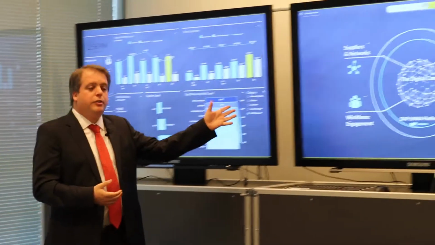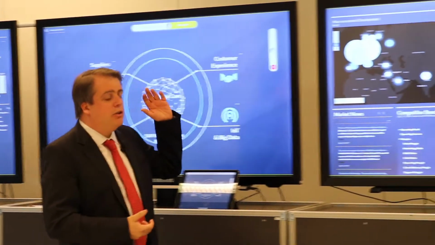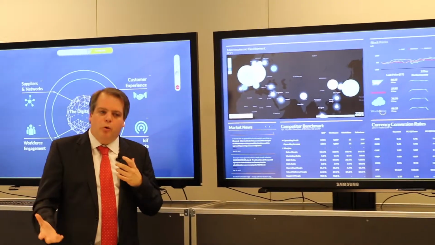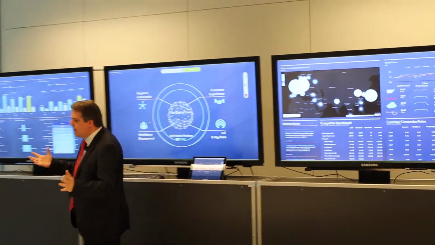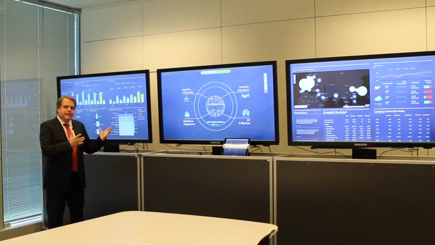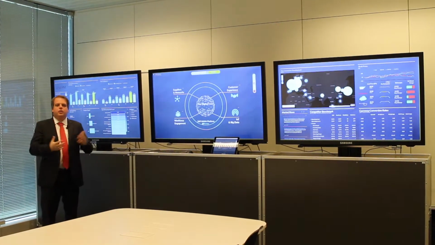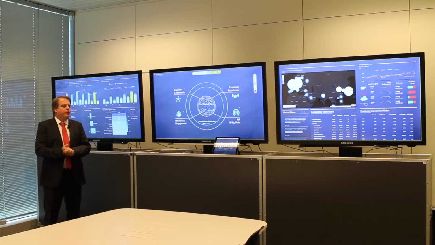It also gives us an exploration screen, and I will come back to that quite a lot during the demo. And it gives us a context screen where we can get more details. All of that will be covered, of course, in the next 5 minutes of the presentation. What is very interesting to understand is that this is not just about displaying the information. It's very much about collaboration on the information.